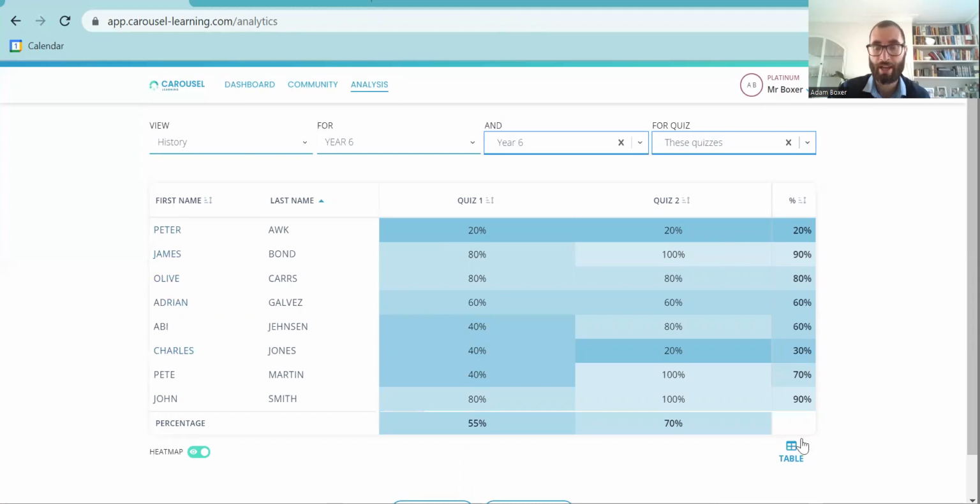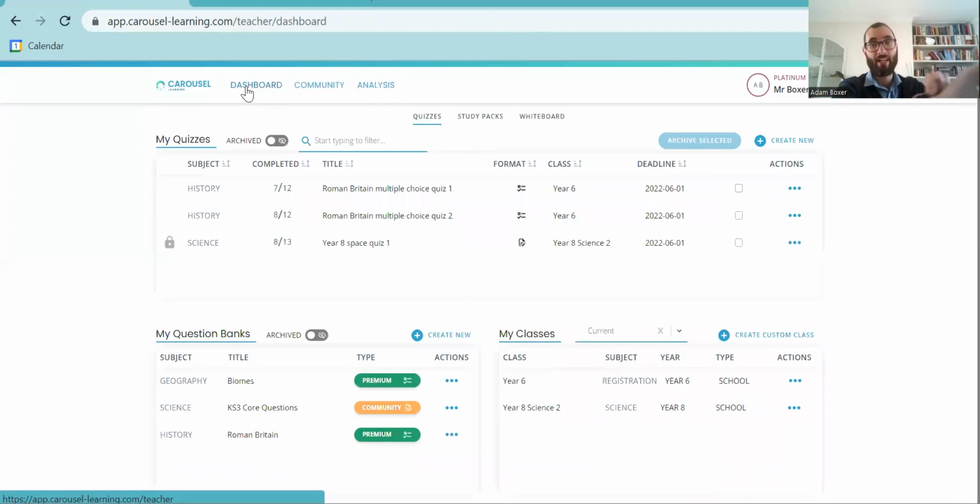So I can see that on the average scores, Peter Ork is doing really badly, Charles Jones is doing badly. But right here at the top, I've got James Bond's classic and John Smith, who are doing quite well. That is Carousel's major features done in 5 minutes and 54. Yeah, it's annoying because I went over, but maybe there's a learning point here